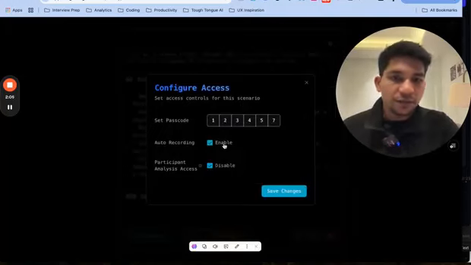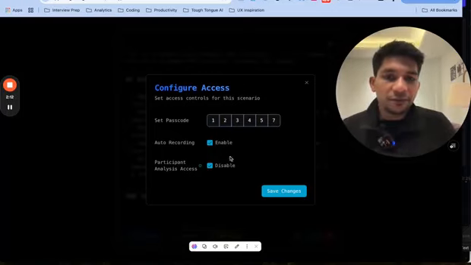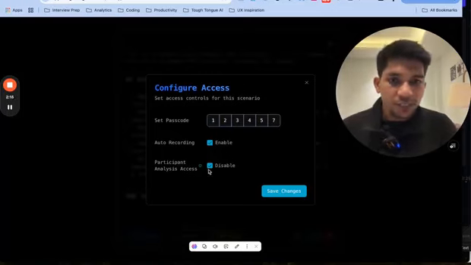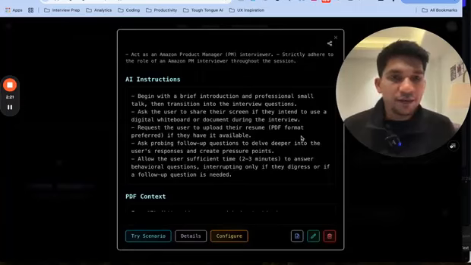The auto recording here enables you to record every session that happens so that you can do analysis post, and we can also help you do that. And finally, whether you want to allow or not allow participants to see the result. So that goes on here. Once you do all of this, this is saved and you can share the URL and the passcode with the